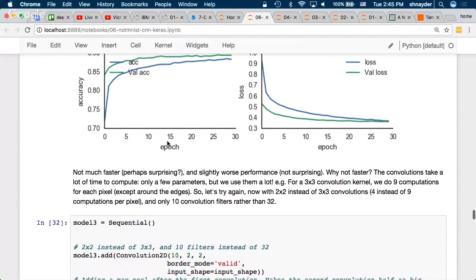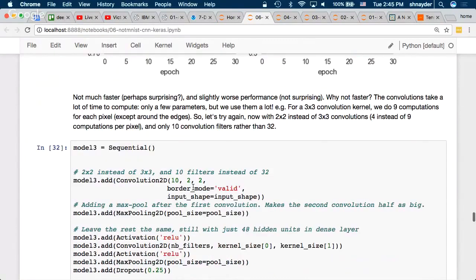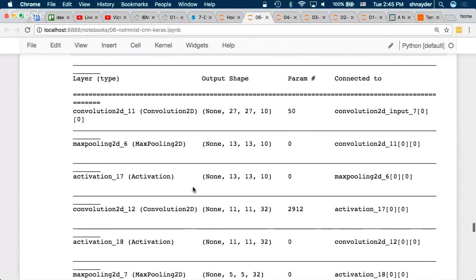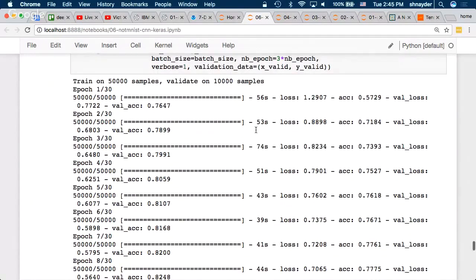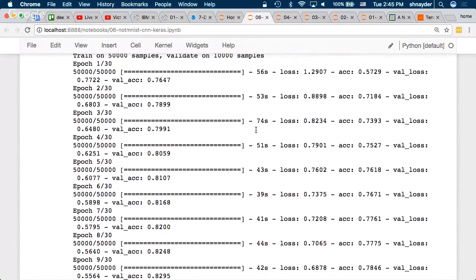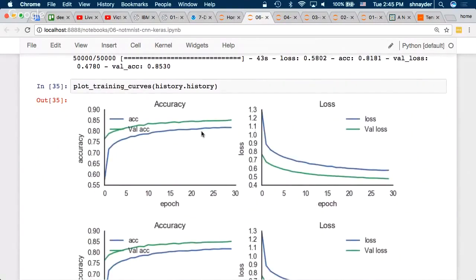So then I said, OK, I want to make this faster, darn it. Let me try to use smaller convolutions. So I did 2x2 convolutions and did 10 filters instead of 32. So now it was much faster, right? So 40, 50 seconds per epoch instead of 230. But now the performance really went significantly worse, because now I really didn't give it enough capacity to figure out